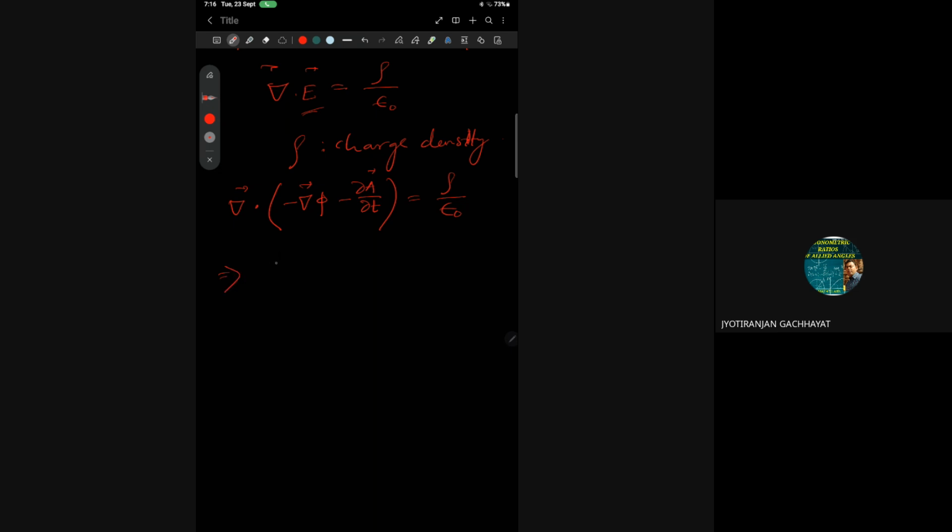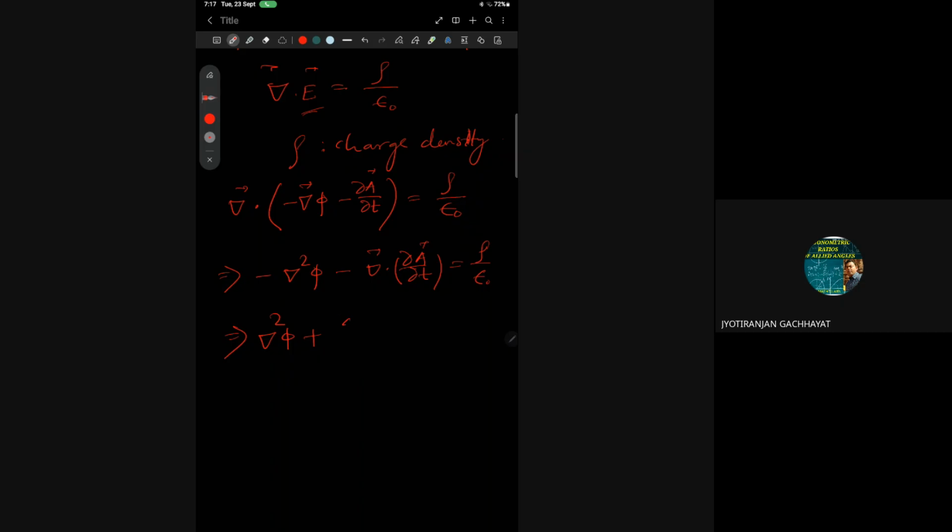This implies minus del dot del, that is minus del square phi, minus del dot del A by del T, is equal to rho by epsilon naught. If we take the minus sign to the right side, what will it be? del square phi plus